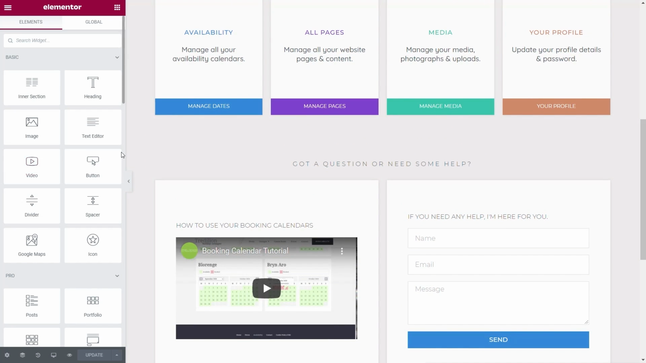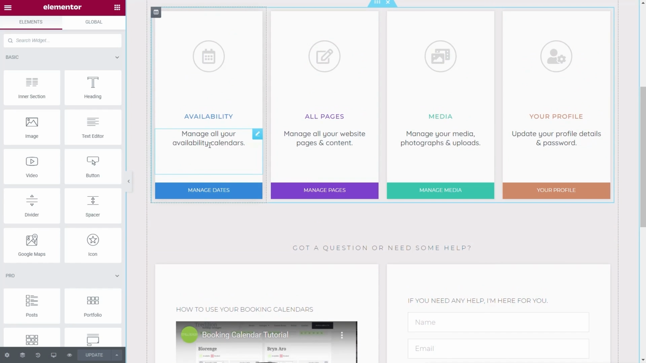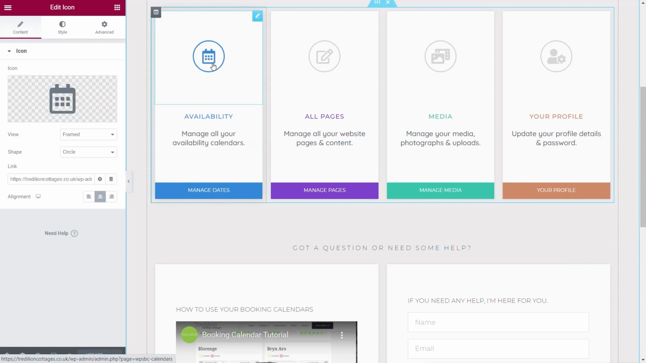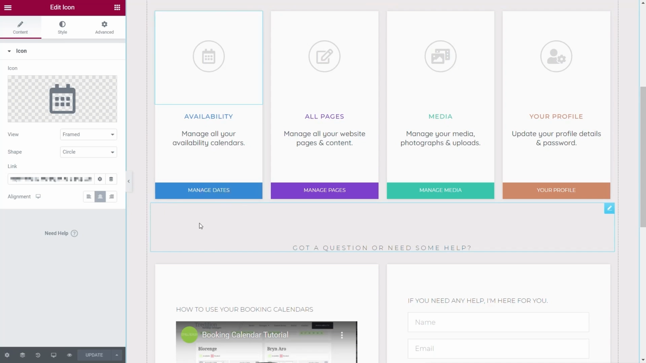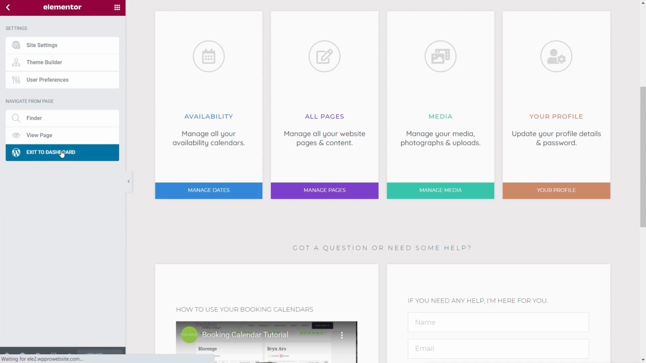So once you've created this, or if you use this, all you need to do is relink any of these icons, the titles and the buttons to whatever relevant section you want inside the WordPress dashboard. Simply open those pages up, copy the link, and you can see it's going to be easy to do. So once you've done that and you've created your entire template for your dashboard, the next thing we need to